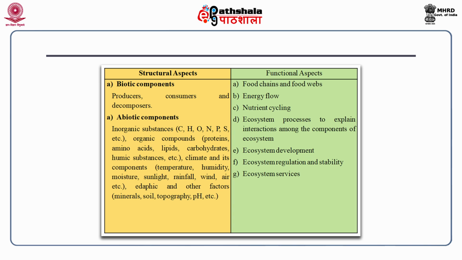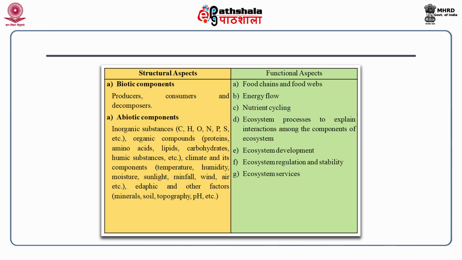Biotic components include producers, consumers and decomposers, and the meaning of these we have discussed in the previous module. As far as abiotic components are concerned, these include inorganic substances like carbon, hydrogen, oxygen, nitrogen, phosphorus, sulfur, etc.,